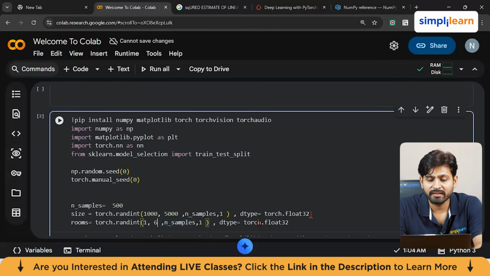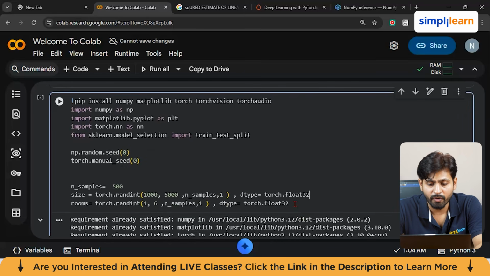And after that, the data type that I'm using is a float value of 32 bits. So this is the respective thing. Now, this thing we have already done. The problem here it's showing is because we have put some extra parentheses. Now our problem is resolved